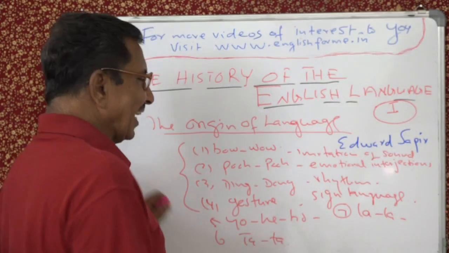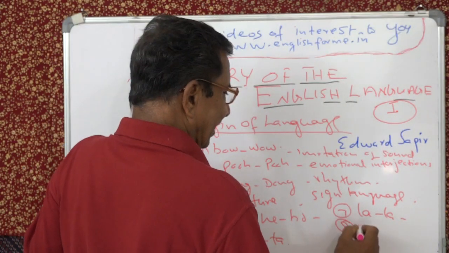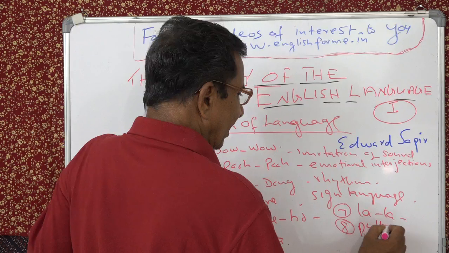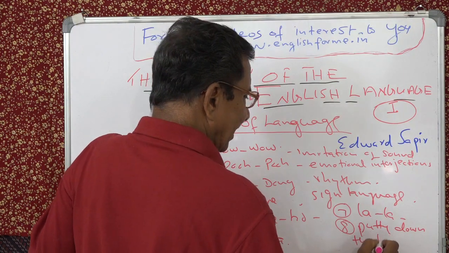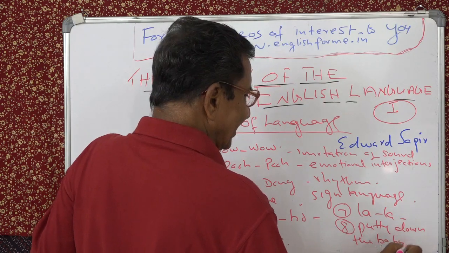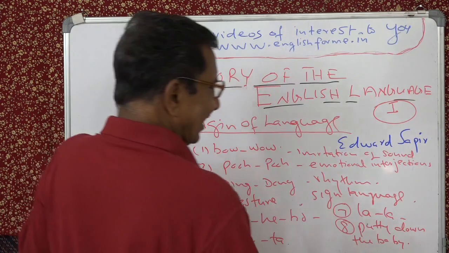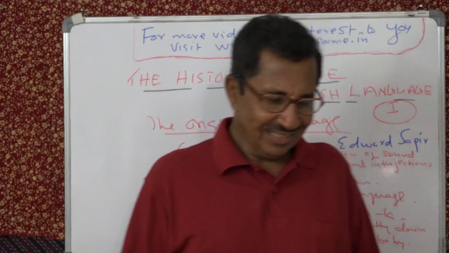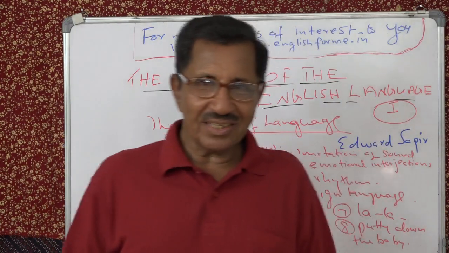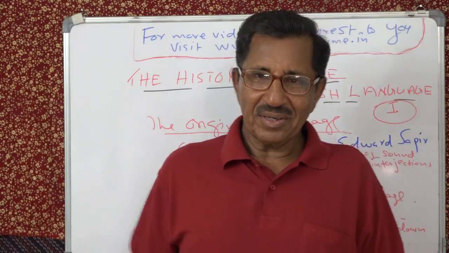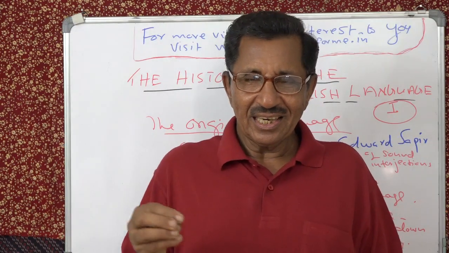And the last and eighth theory, the putting down the baby theory. Putting down the baby. And what is that? That says that the animals, the young ones of the animal, they cling to their mother. But the humans, infants,